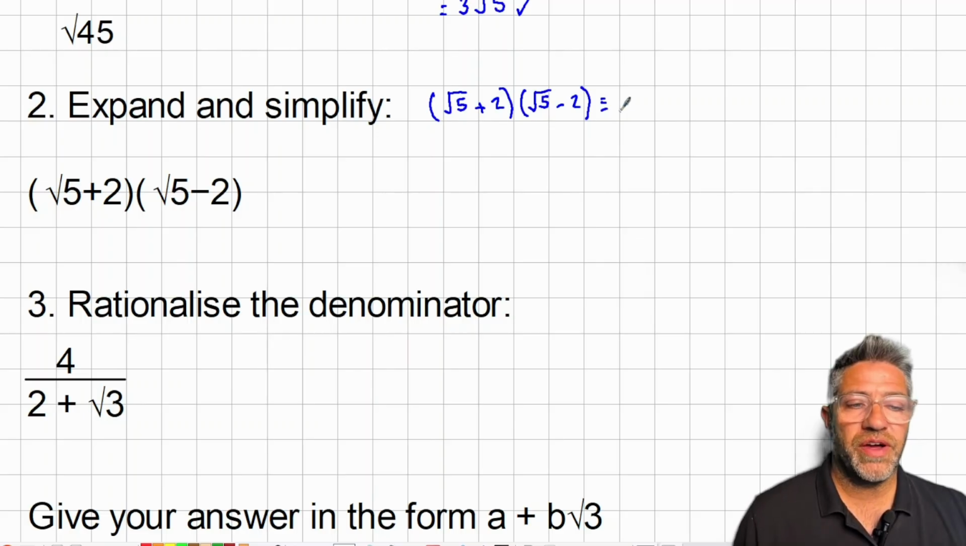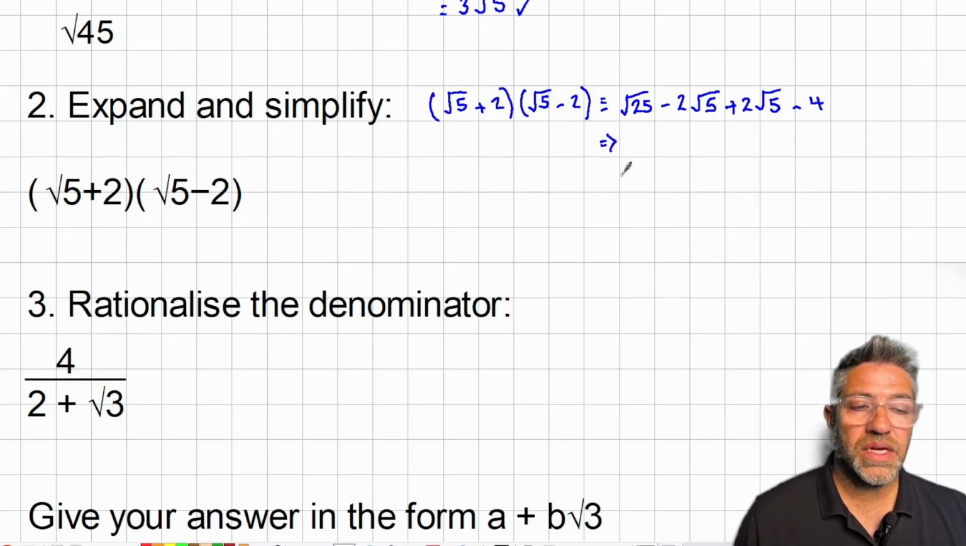Root 5 times root 5 will give me root 25. Root 5 times negative 2, minus 2 root 5. 2 times root 5, plus 2 root 5. And then 2 times negative 2 is minus 4. I can start to tidy things up a bit. The square root of 25 is 5. Minus 2 root 5, plus 2 root 5,